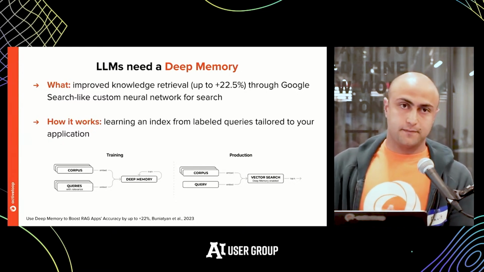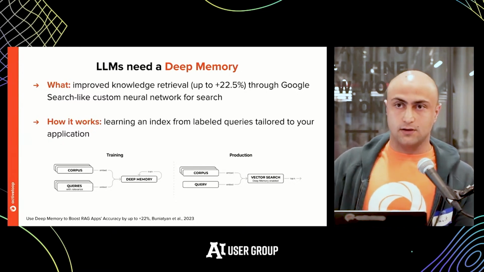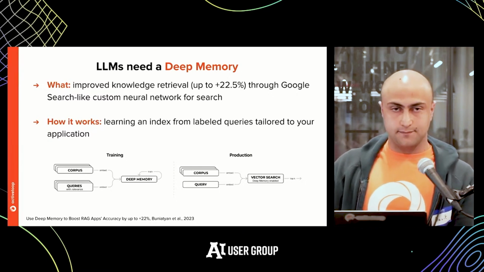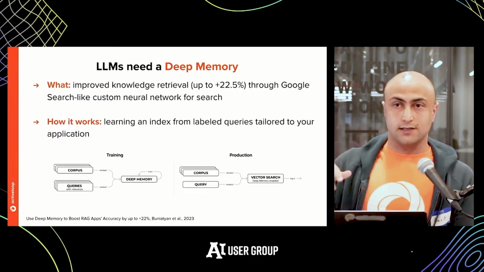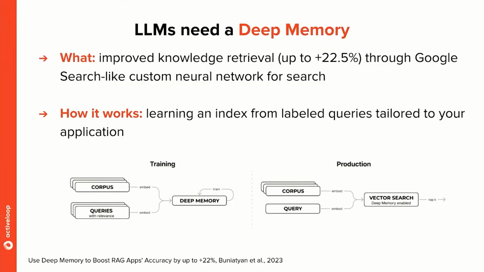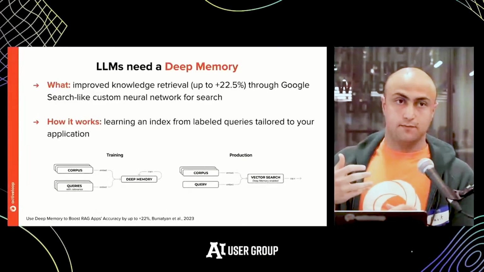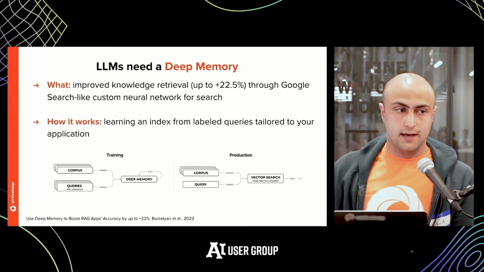Think of the following. You have a corpus data set that, when it's embedded, sits on one planet. And then you have questions, those questions that have a question mark. They are phrased differently from your corpus data, and they sit on another planet. What deep memory does is build a bridge between these two different embedding spaces, or subsets of those spaces, so that you can easily traverse from, let's say, question land to the corpus land, and then from corpus land back to question land. And the key thing is that it specializes based on the input queries that you have provided.